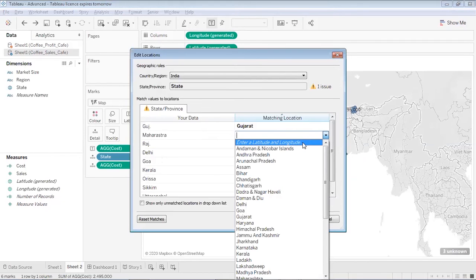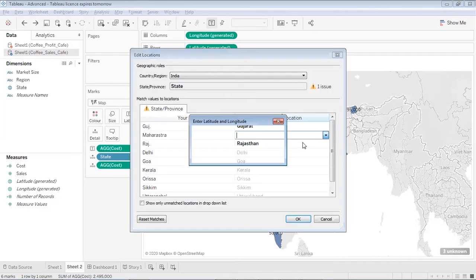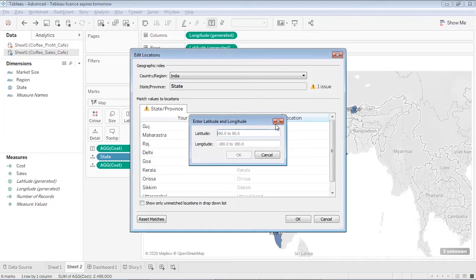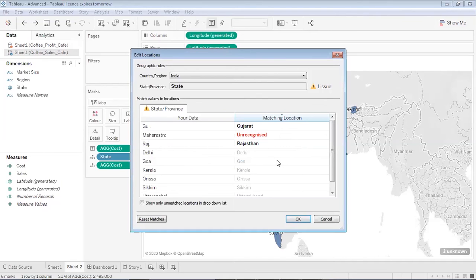For that, I'll enter the latitude and longitude corresponding to this state over here, and in the Tableau workbook this state with this spelling will be added, with the latitude and longitude data which we give. So simply for adding any new location into our Tableau workbook, you can add them over here and give their latitude and longitude values manually.